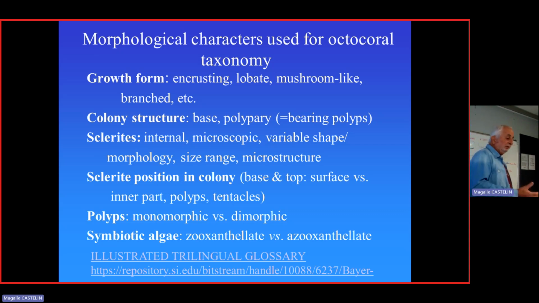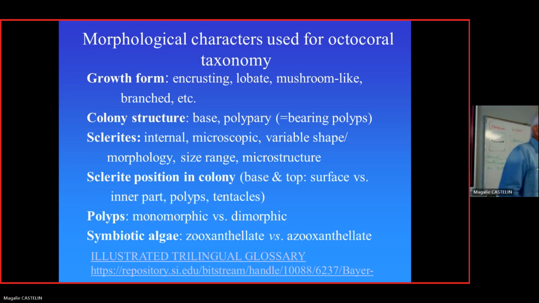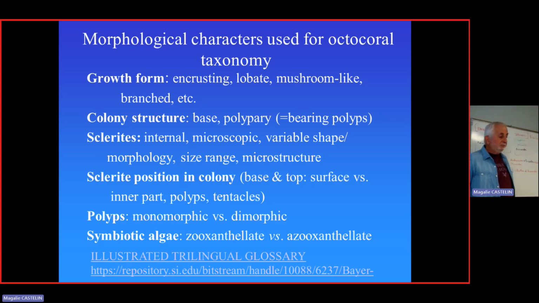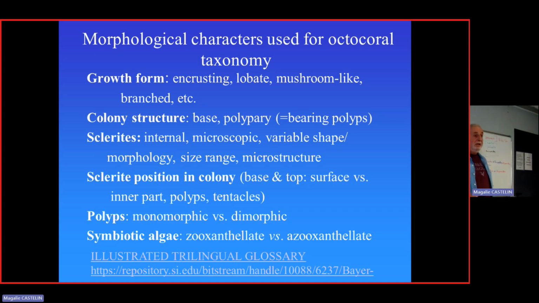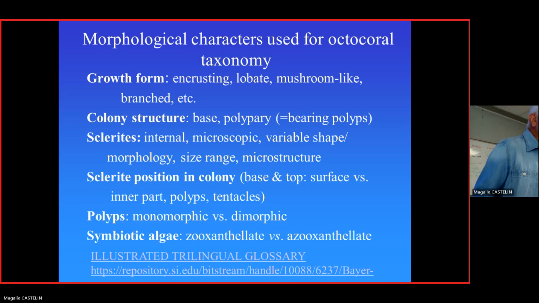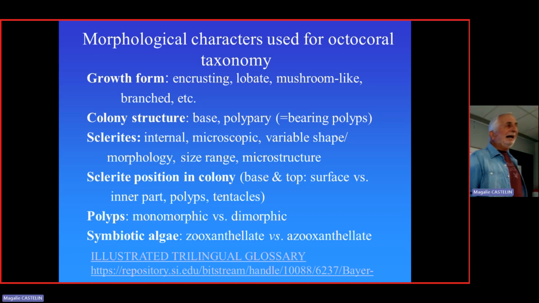A colony has a base and a polypary. The polypary is the part of the colony which bears the polyps. And it has sclerites. They are internal, they are microscopic, their shapes are highly variable. We should be aware of their size range and microstructure. It's not only what you see under the light microscope. Sometimes you have to use